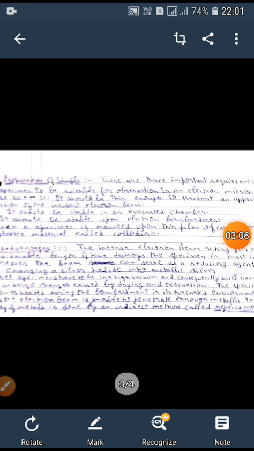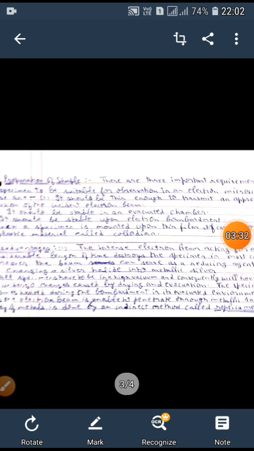Moreover, the beam can serve as a reducing agent, for example, changing a silver halide into metallic silver. Another disadvantage is that all specimens have to be in a high vacuum and consequently will have to undergo changes caused by the processes of drying and evacuation. The specimen becomes heated during the bombardment in its evacuated environment.